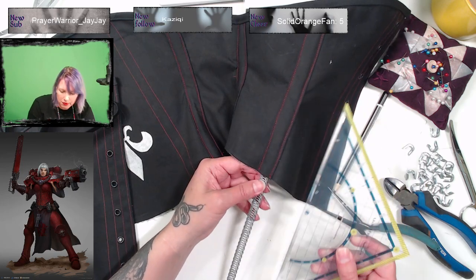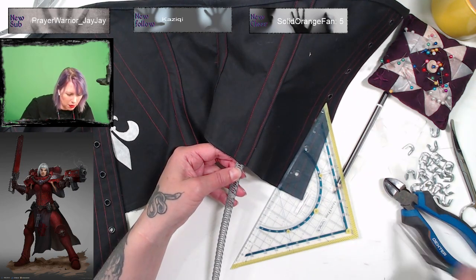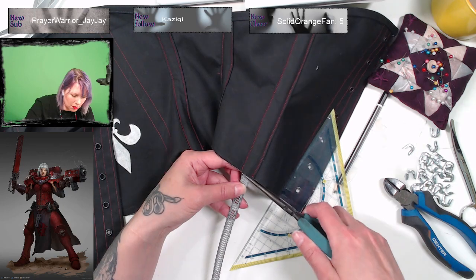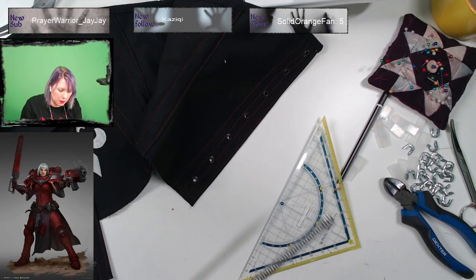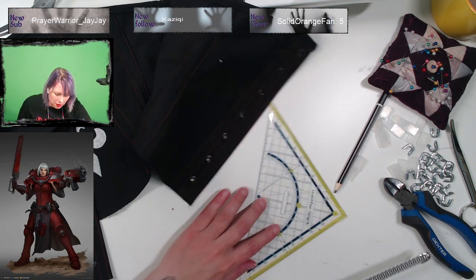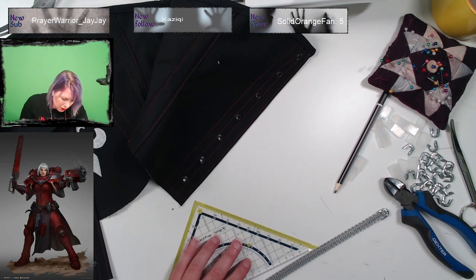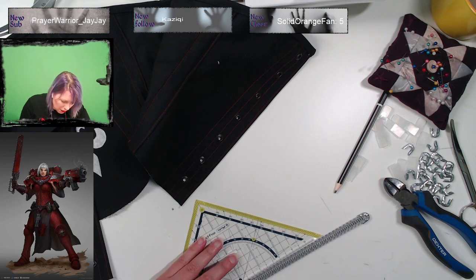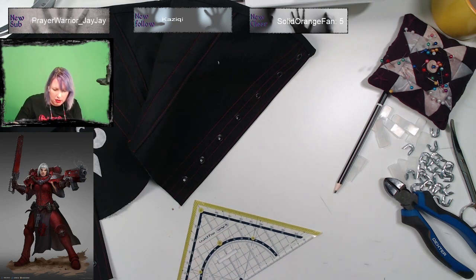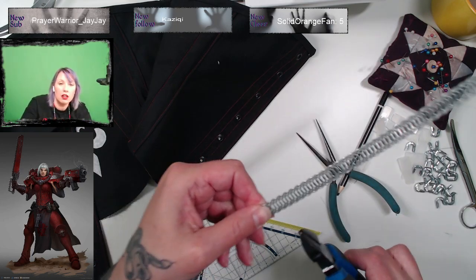Come on. Right, come out. So, end centimeter back. And then we snip.